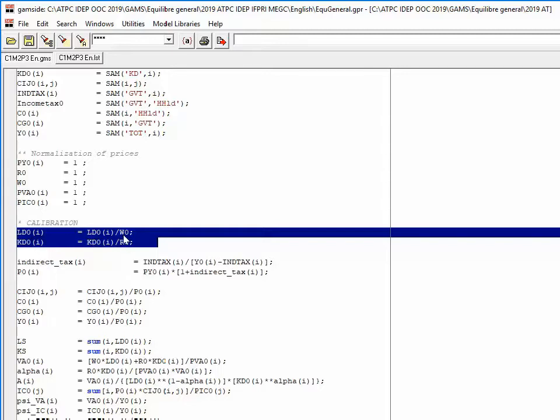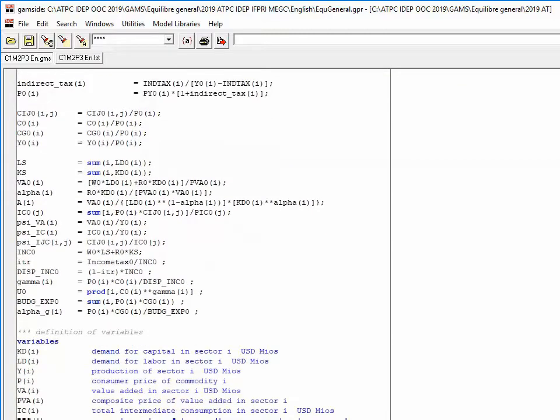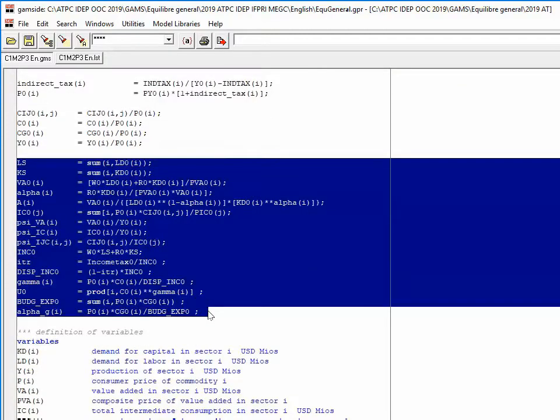In fact, W0 is equal to 1, R0 is equal to 1, so this doesn't change anything. It's not actually necessary to do that. In fact, I wrote these assignments only in case that W0 and R0 were different from 1. Okay, so then I continue the calibration using the parameters to which I have already given a value and using